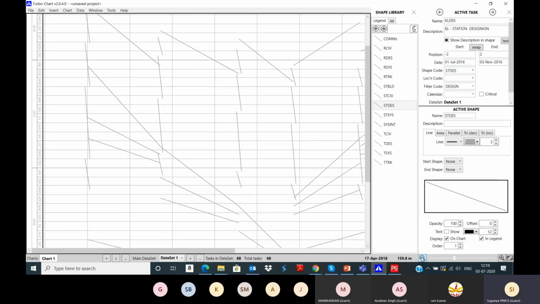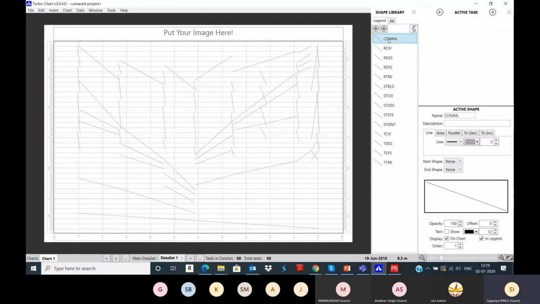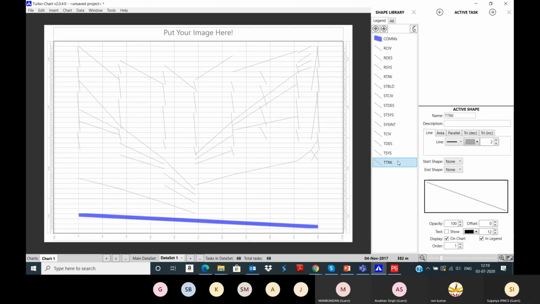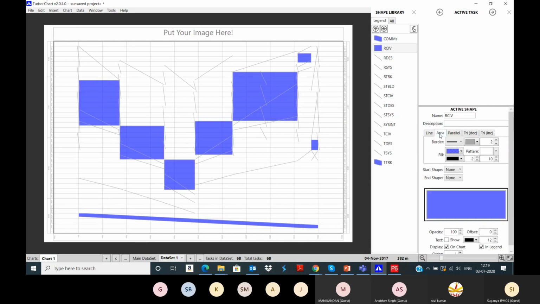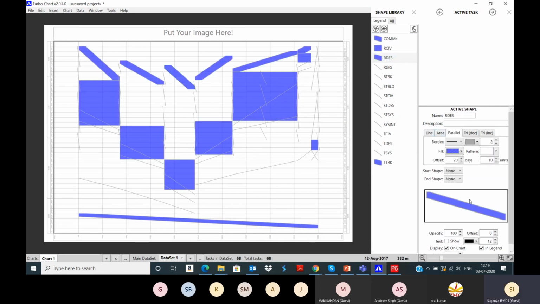You can zoom in and zoom out. And you can give the required colors here. For commissioning, different structures can be given.